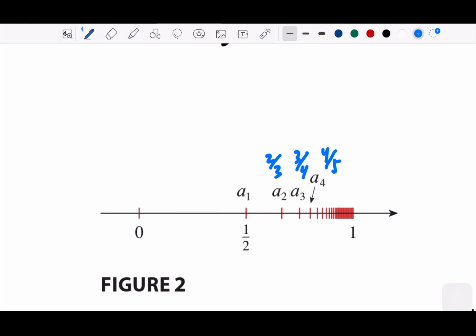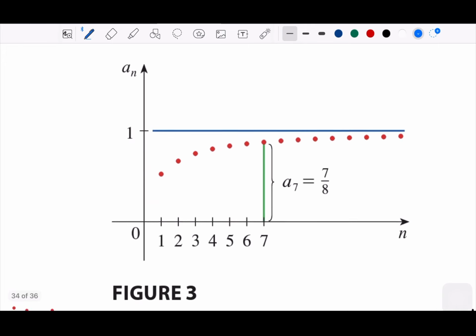We increase from A1 to A2, there's a gap, and from A2 to A3 the gap is closer, and then getting to A4 is also getting closer, and then 5, 6, and when we go near 1, we have closer and closer and closer points, right? Perhaps it's not really clear what's happening here, but if we take the graph of n and an,